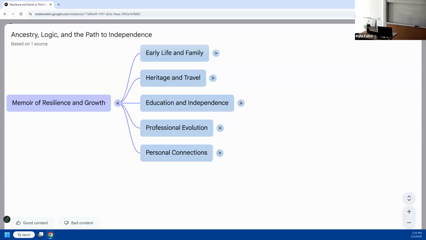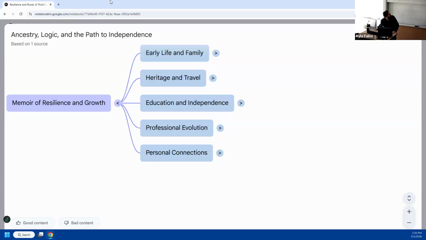Then it broke that structure down into early life and family, heritage and travel, education and independence, professional revolution, and personal connections. Although what I provided was chronologically ordered, and as the AI podcasters said, still devoid of emotional connection, there is some other identifiable structure inside that document that it identified. Each one of these also has nested branching below it.